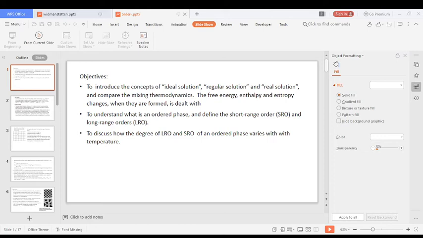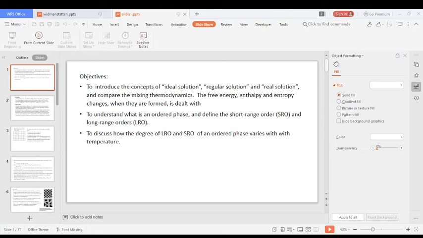There are 2 ways of forming ordered structures in non-stoichiometric phases. Either some atom sites can be left vacant, or some atoms can be located on wrong sites. Say, for example, if I have a lattice which is preferentially assigned to a given type of atom, say A, and if that set of lattice sites is occupied by B atoms, then we say that B atoms are on wrong sites. Similarly, we can infer about the other lattice. In the case of beta copper-zinc, the excess copper atoms are located on some of the zinc sites.